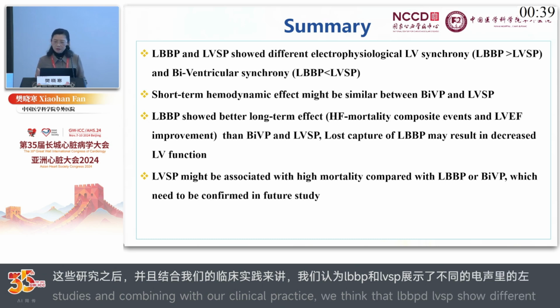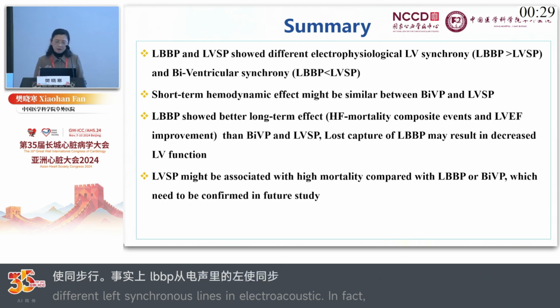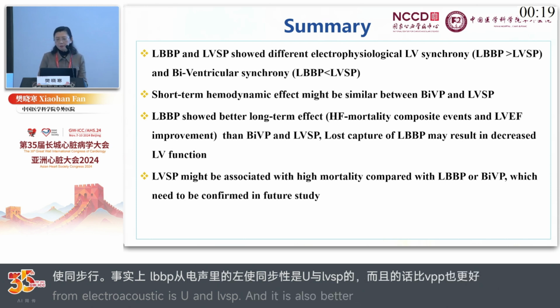In fact, actually, the LBBP have a better electrical physiology LV synchrony than LVSP, and better LV synchrony than BIVP. The short-term hemodynamic effect might be similar between BIVP and LVSP,